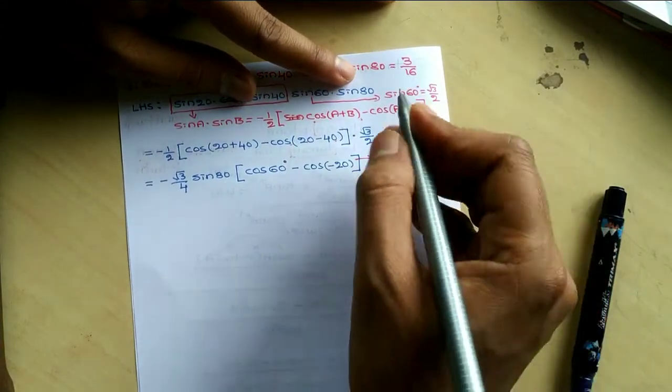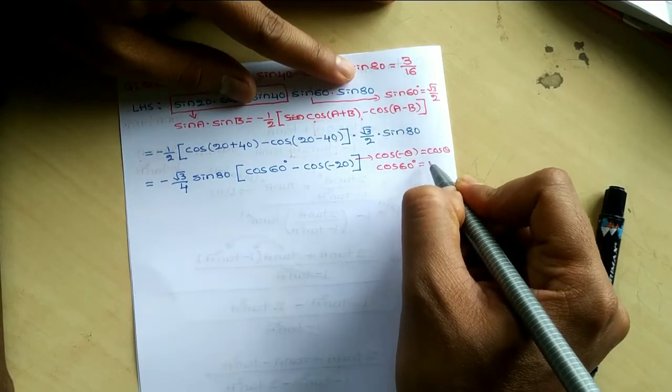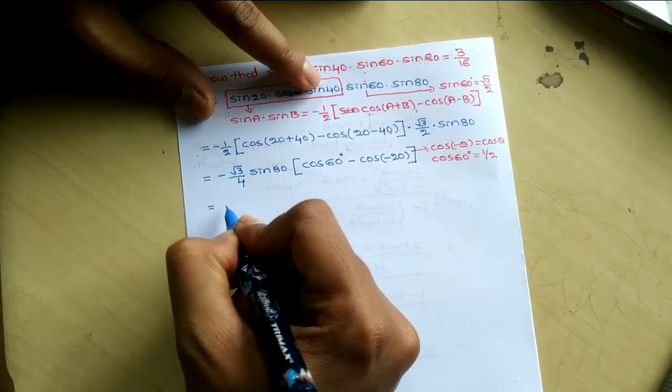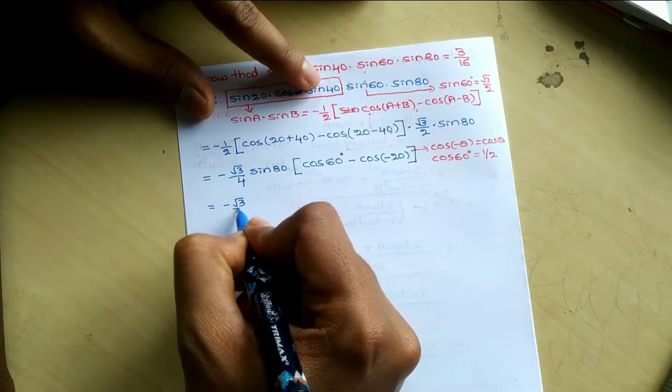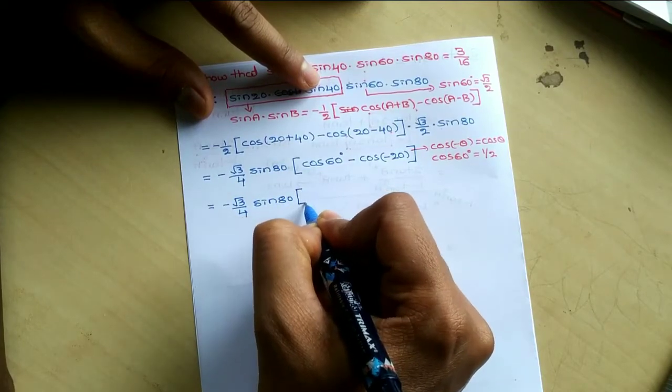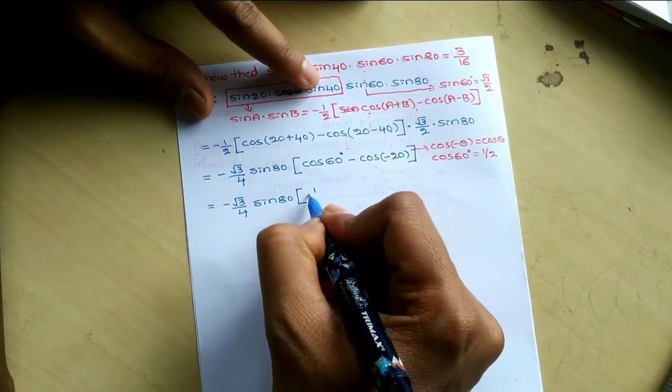So you know the cos 60 degree value is 1 divided by 2. So apply. So next, which is equals to minus root 3 divided by 4 into sin 80 into bracket cos 60 degree is 1 divided by 2